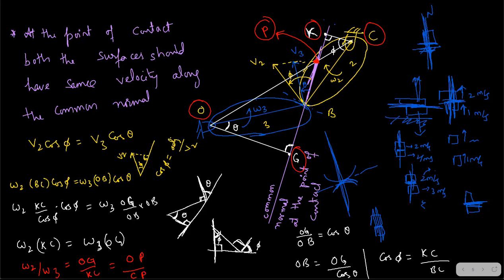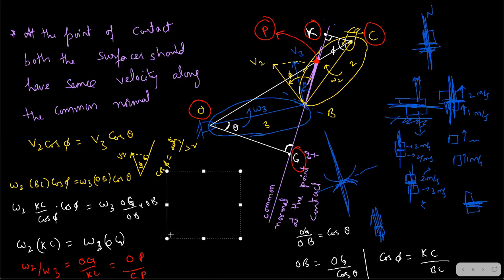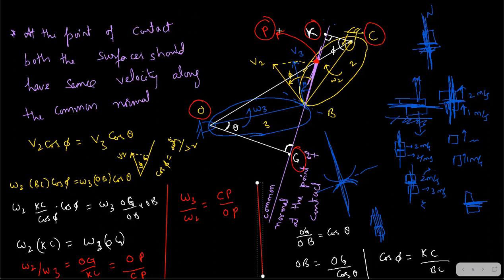Now what's the next thing? I'll just erase some parts so that in this page itself we can clearly understand a few things. From the recording you can check if you wish to have an idea of what this is. Is it still constant? I finally got omega 3 by omega 2, because previously we have written that. I'll just invert it: CP by OP. Is it still constant or is it different? So we don't know if point P is constant or not.